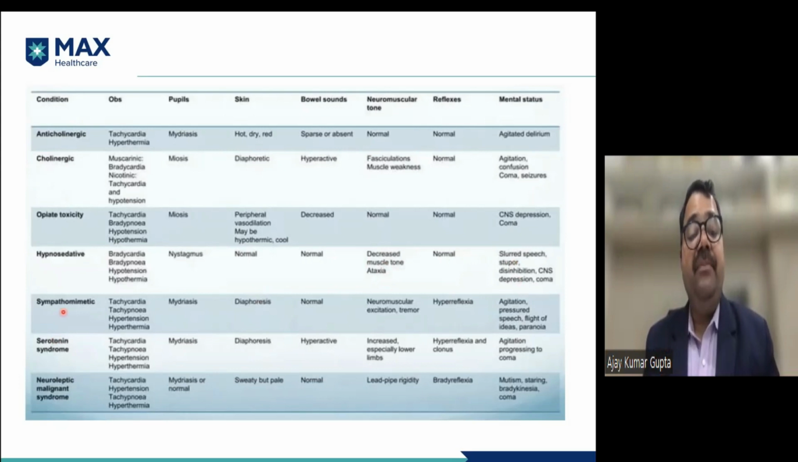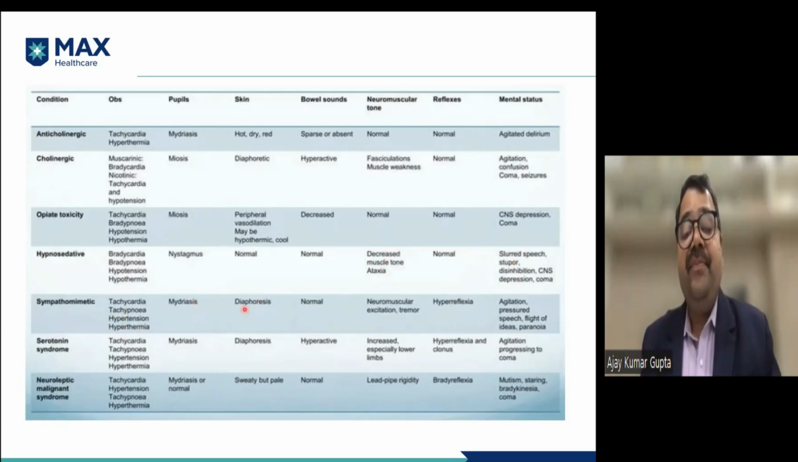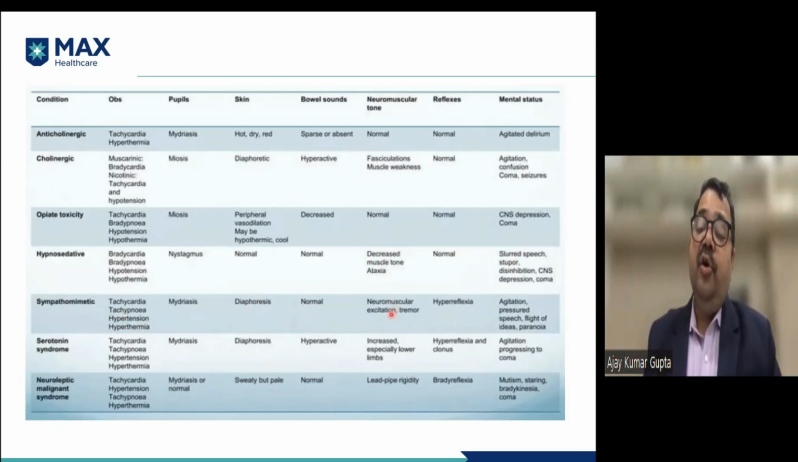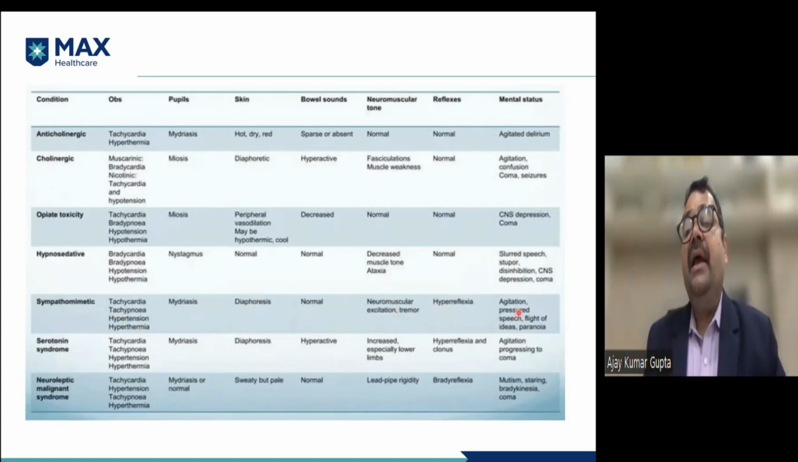If we talk about the sympathomimetic toxidromes, the patient will have tachycardia, tachypnea, hypertension, and hypothermia. The pupils will be dilated, or there will be mydriasis. The patient will be sweating, or diaphoresis is found. The bowel sounds will be normal. There is neuromuscular excitation, or tremors are there. The patient presents with hyperreflexia, and the patient will be agitated, with pressured speech,